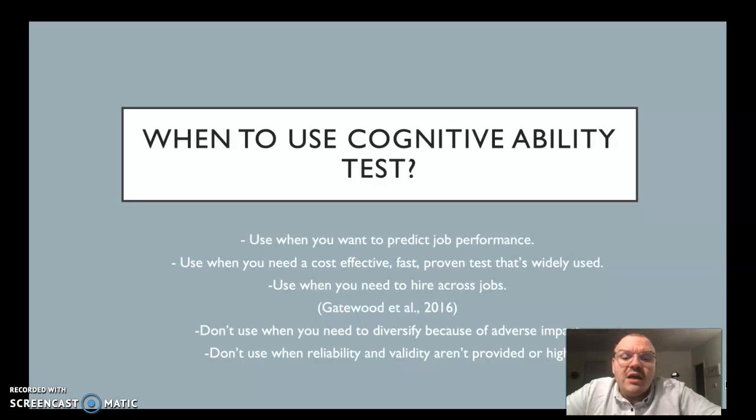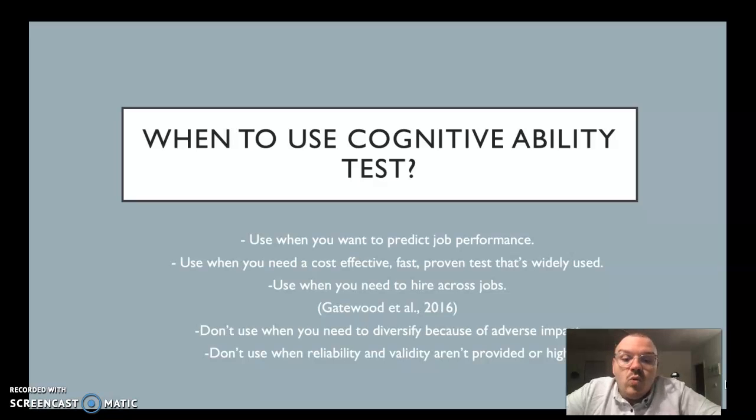Whenever you need a cost-efficient, fast, proven, widely used method, you're probably going to use a cognitive ability test. And whenever you want to hire across jobs, whenever you don't want to implement multiple tests and just want to have one generalized test, going back to validity generalization,